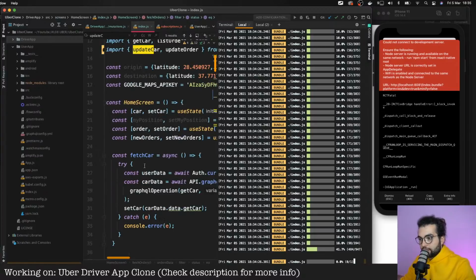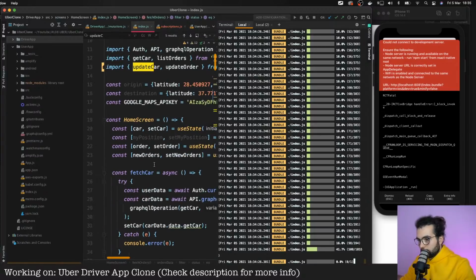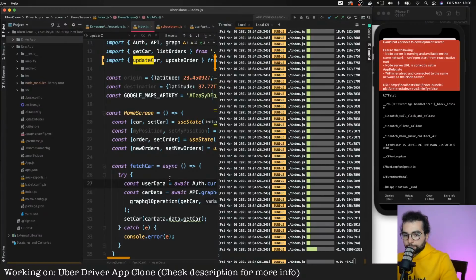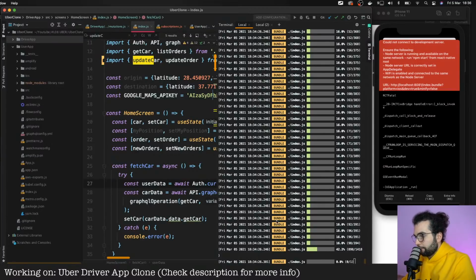It updates the order in the backend, and then we are sure that the driver updates. We know that the user receives, so it should be working. I think I'm gonna do a video demo after the live stream, because my PC is struggling right now.